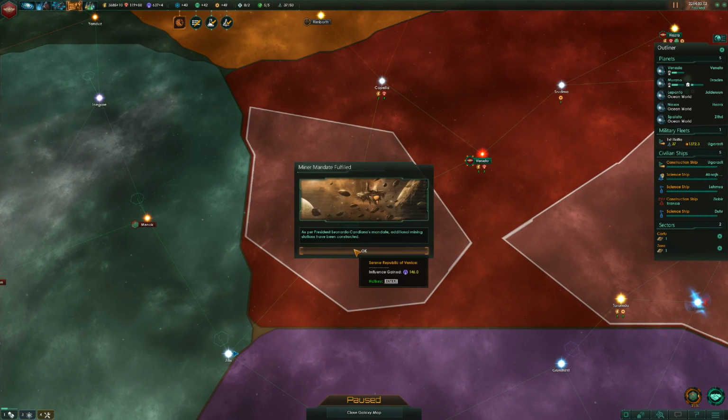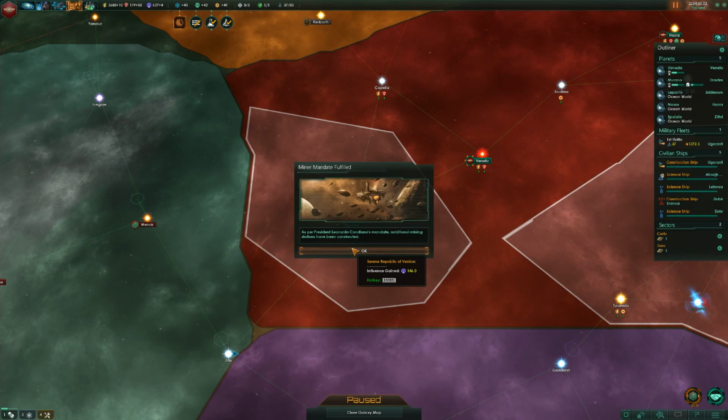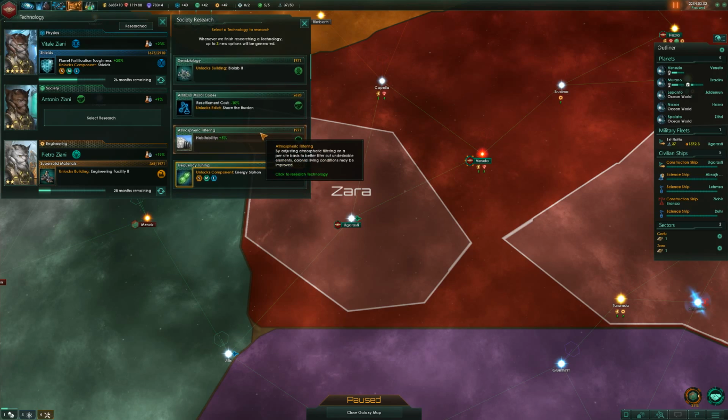Research complete. Okay. As per President Leonardo Candiano's mandate, additional mining stations have been constructed. So that's 146 influence. Good. Research is complete. What is that? Genome mapping. Nice. Leader lifespan plus 10 years. That is good for us, actually. And then,